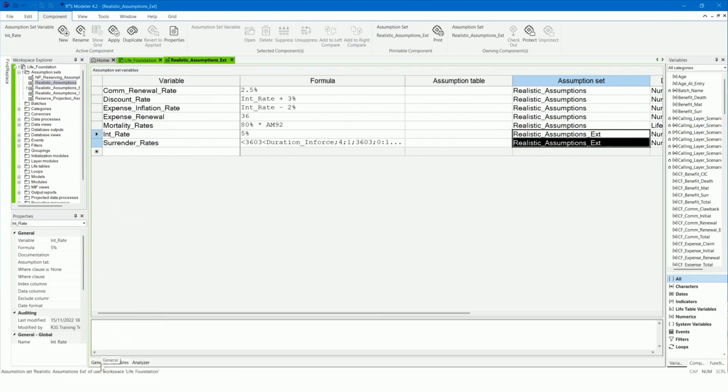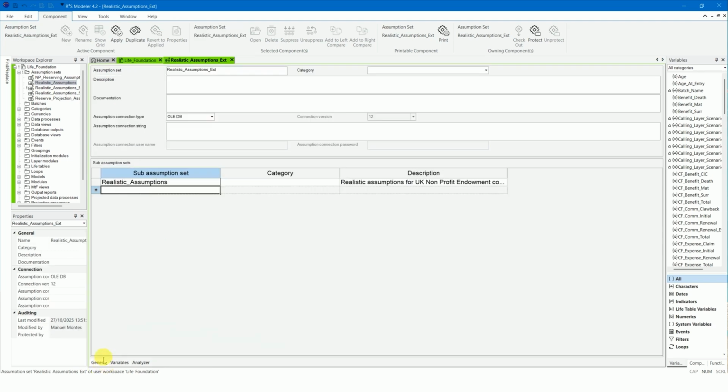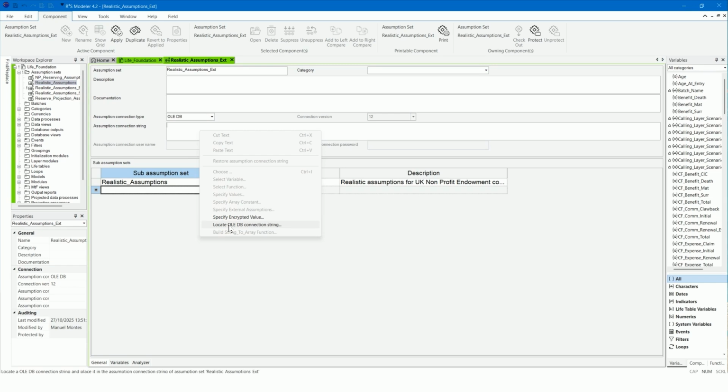Go to the Assumptions set, Realistic Assumptions EXT in the General tab. Right-click on the property Assumption Connection String and select Locate OLEDB Connection String.